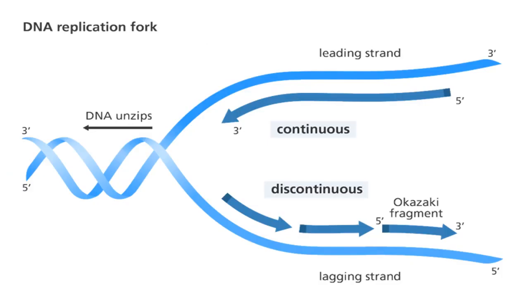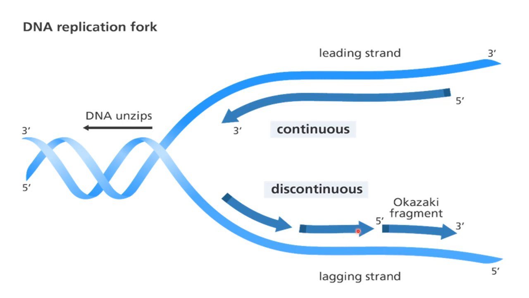See here, this is a double-stranded DNA, and these two strands have been separated by the action of the helicase enzyme. One strand having polarity 3' to 5' will be called the leading strand, and the other strand having polarity 5' to 3' will be called the lagging strand. Now, the complete length of DNA doesn't get separated at once by the helicase enzyme, because separation of the two strands of DNA is a very energy consuming process. That's why it can't separate at once.